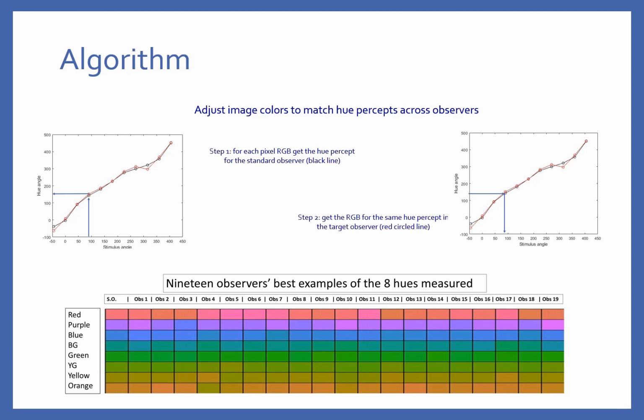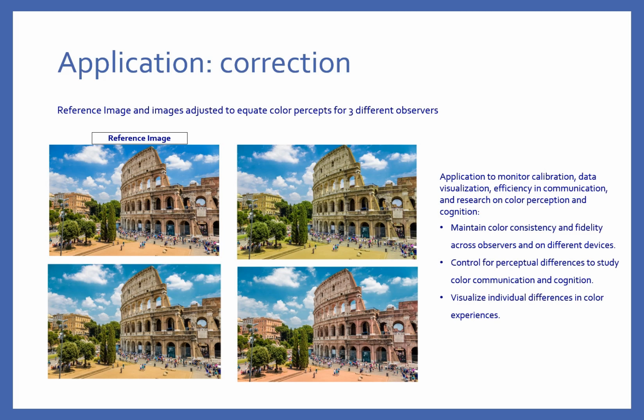The last part is to apply this algorithm to the correction of images. So I report here a reference image, which is the original one, and 3 images equated to the percepts of 3 different observers. We can see that the variability is greater, especially in some parts of the image, like the skies, the ground, or the building here. But this is how 3 different observers see the reference image. The idea is that we can equate the images in order to have different stimuli, but then the perception of the images will be the same